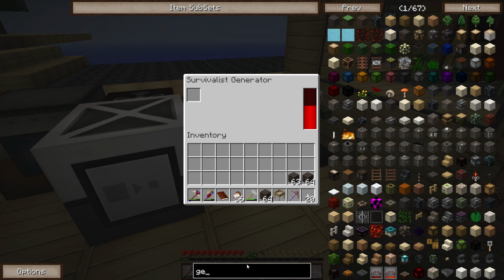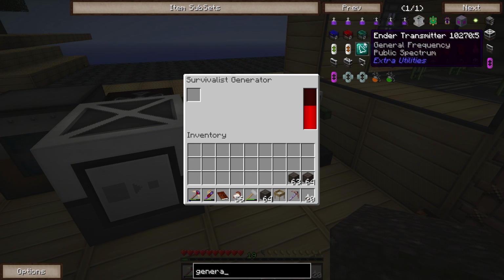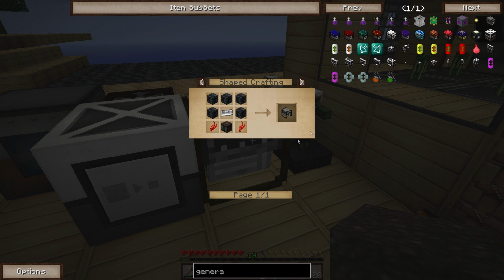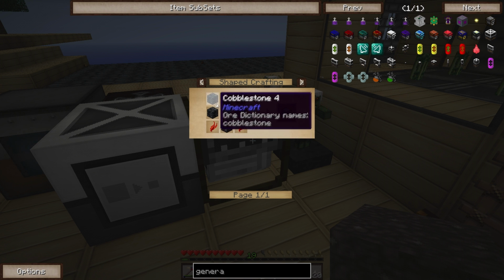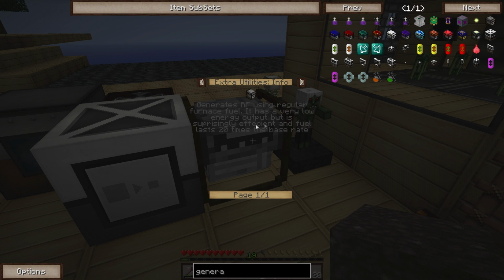So if we type in generator really quick, you've got all of these extra utility generators, and the survivalist generator was the cheapest at the time. It only required a furnace, an iron ingot, some cobblestone and some redstone. With these extra utility generators, if you go across, it actually gives you some info. So what this generator basically does is that it produces RF at a reasonably low rate, but fuel lasts 20